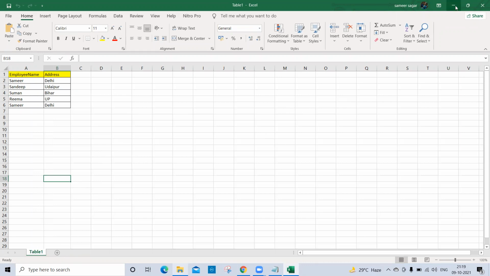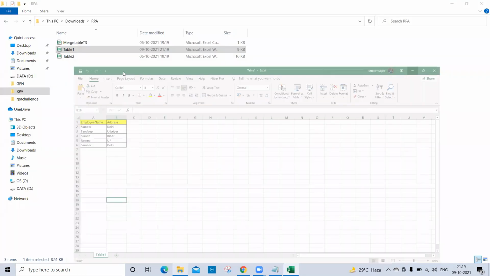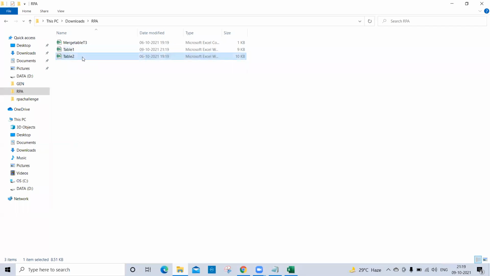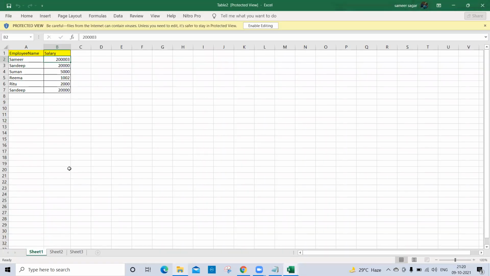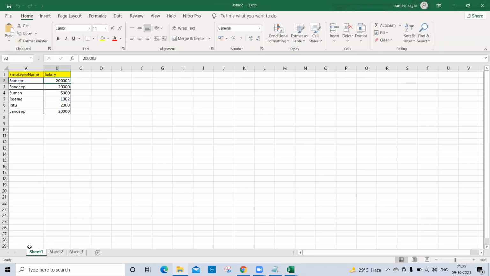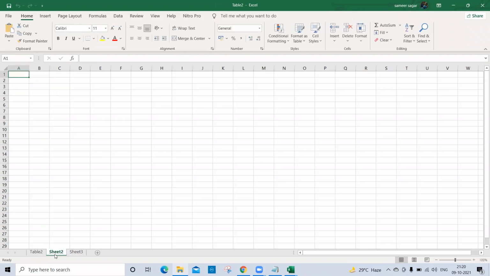Then I'm opening the other file, table 2. Here also I'll change the tab name and put the name as table 2. I'm deleting the extra sheet.